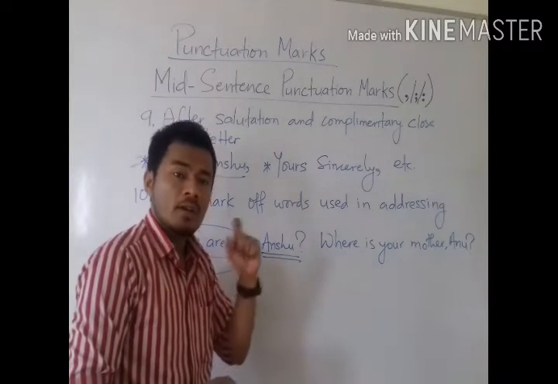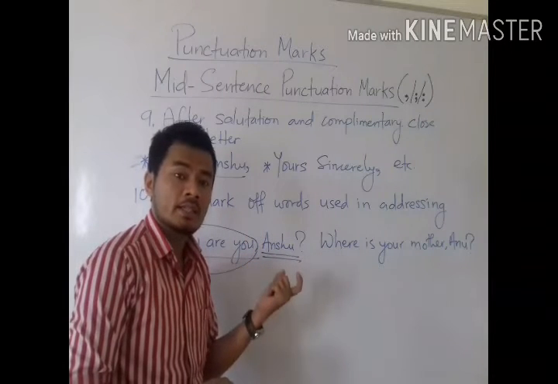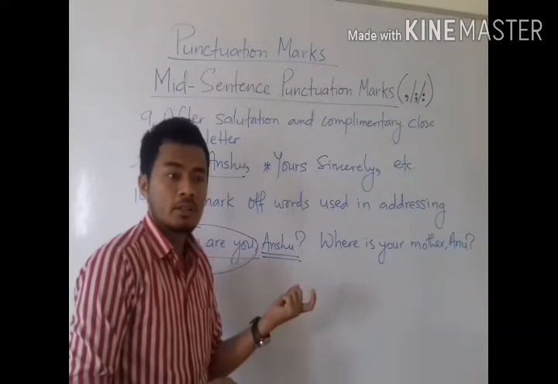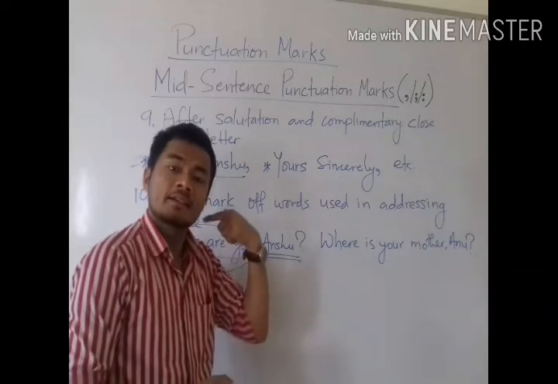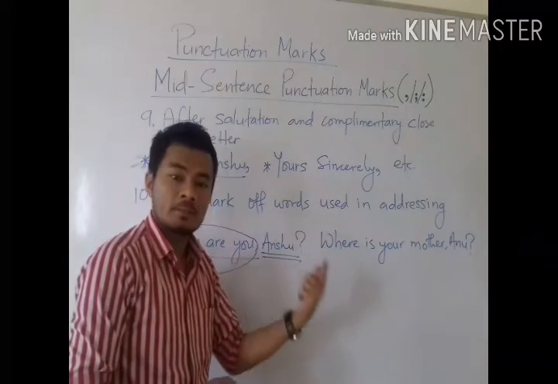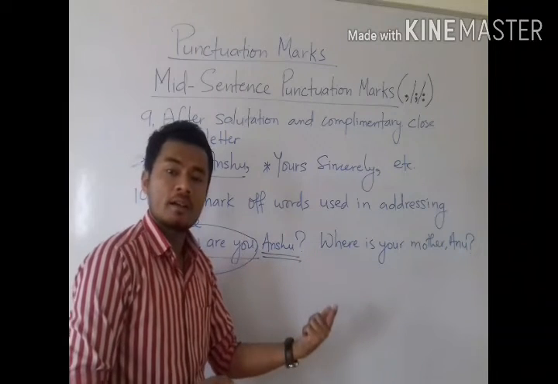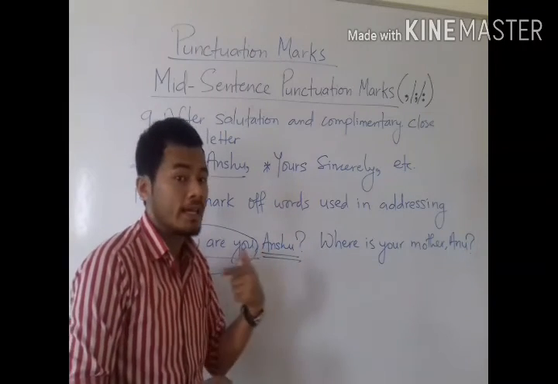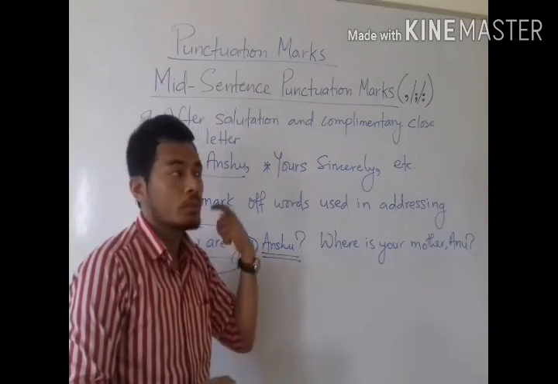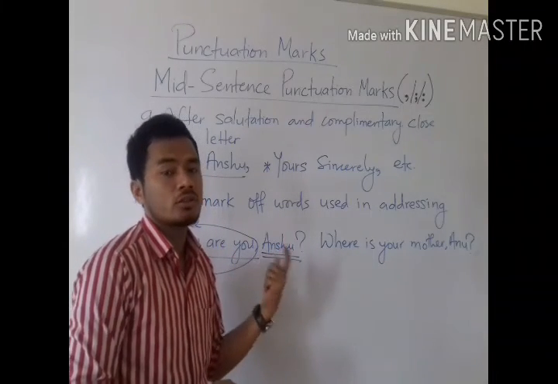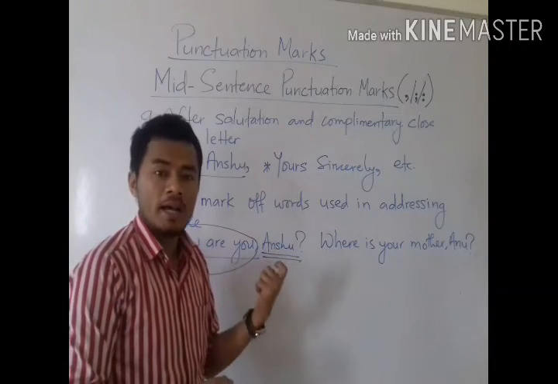Understood? So whenever you are asking a question by addressing some other person, after completing the question you need to put comma and you have to write the addressing person's name, and after that addressing person's name only you have to put question mark. Okay, so these were all 10 conditions to use comma in sentences.